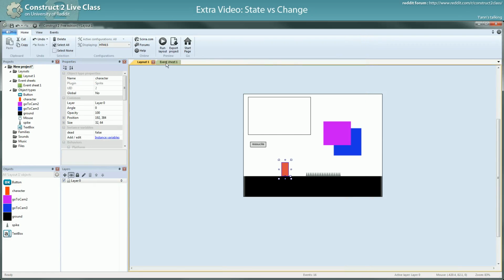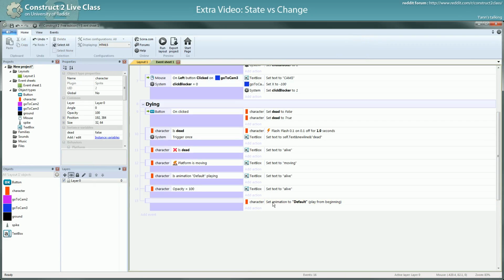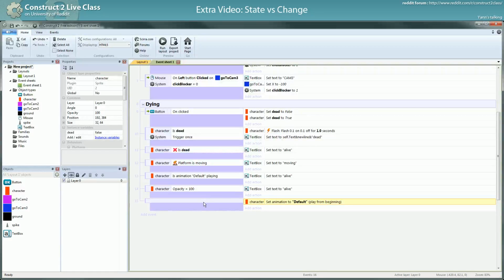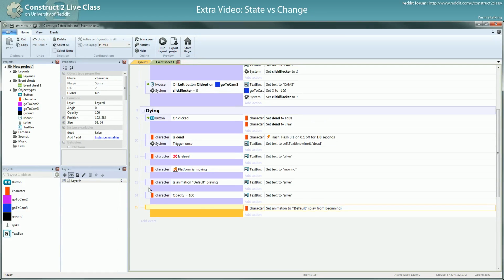And what I was expecting before testing this is that since I'm asking every tick to set the animation from the beginning, I was expecting that the animation would be blocked to the first frame, but it's not the case. It will play always. So to me that's an exception to this kind of rule about